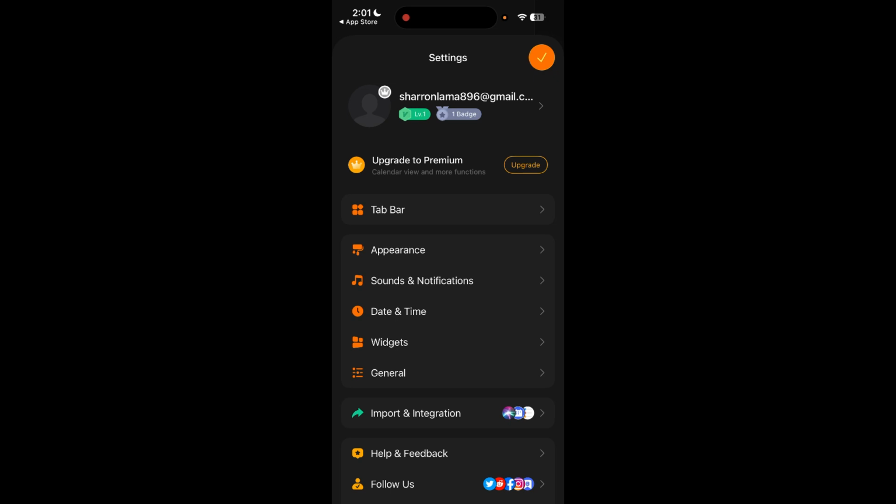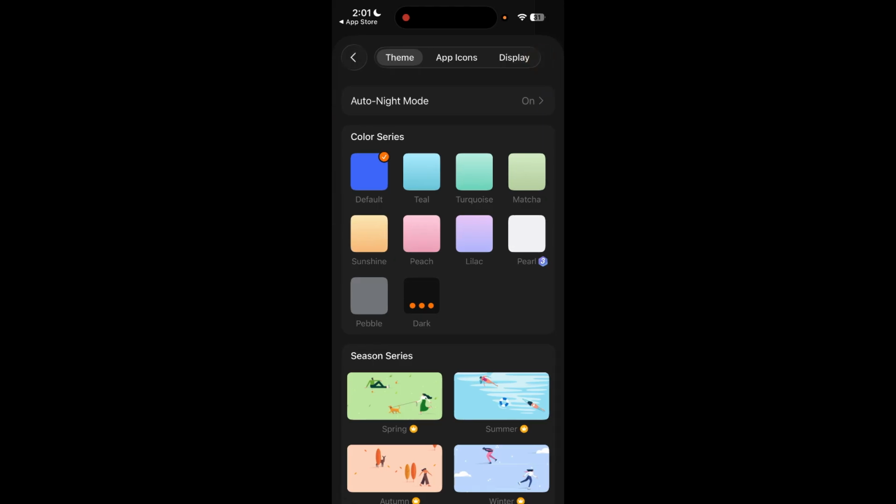And over here we can also find this appearance icon. Tap on the appearance here, and under this appearance is where users can customize the app's visual theme. Most apps offer options such as light mode, dark mode, or system default. Users can also often adjust font size, color accents, and layout preferences to make the interface more comfortable and visually appealing, and this enhances the usability and ensures the app can be used comfortably in different lighting conditions as